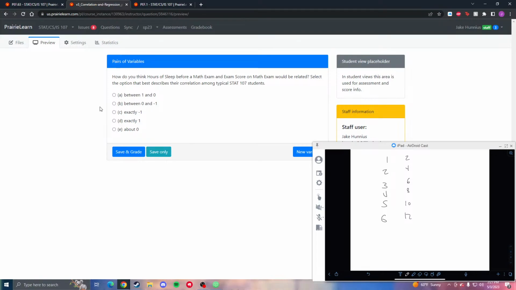So we know it's going to be close to 1. We know it's going to be positive. If it was more hours leads to a lower score, like more hours playing video games is going to lead to a lower score, it would be closer to -1. But because it's a higher score, so right here, if I have this graph, and this is hours of sleep